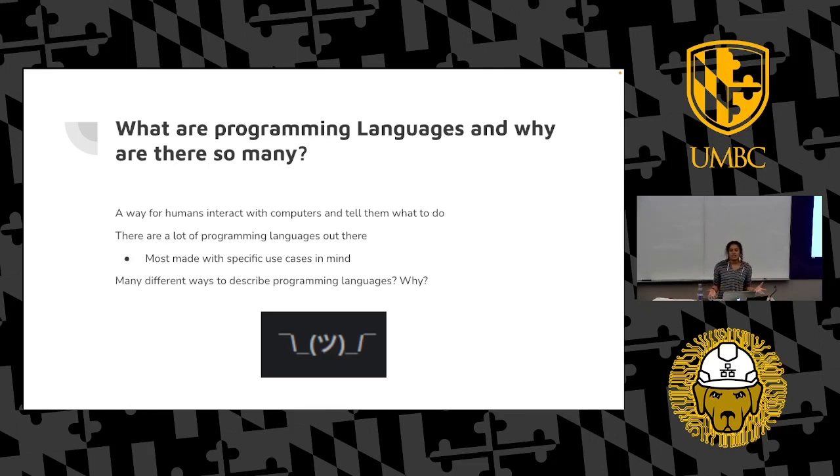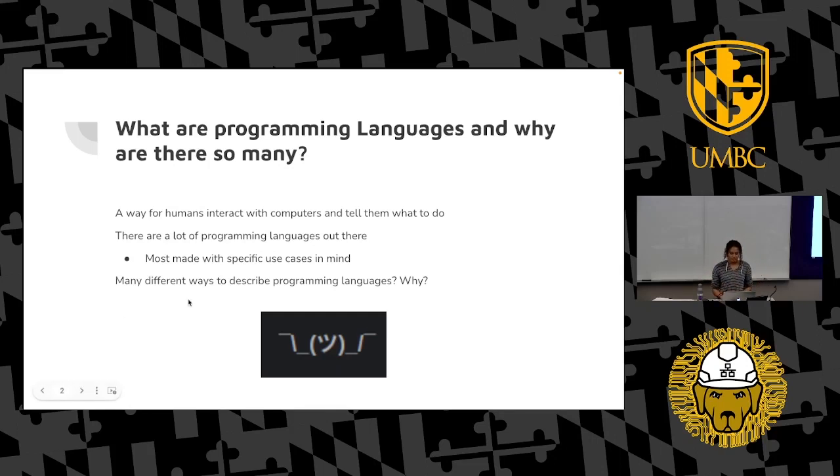And there are a lot of ways to describe these programming languages. Why? I haven't the foggiest idea. It does make sense, with so many, to want buzzwords that give you an idea of what the language is, but even then, that's kind of misleading.